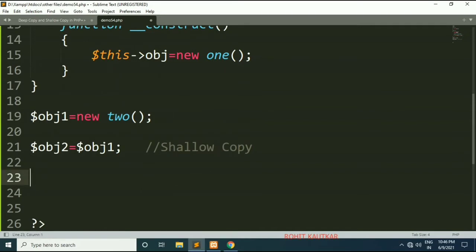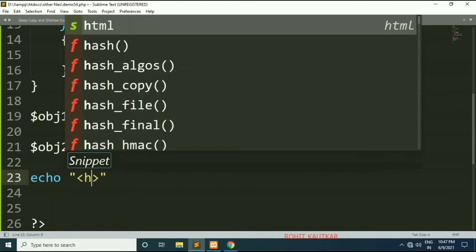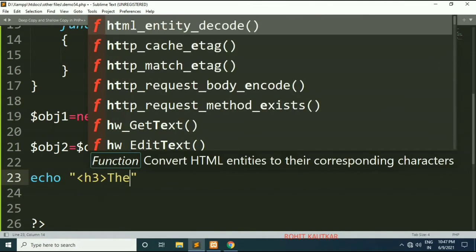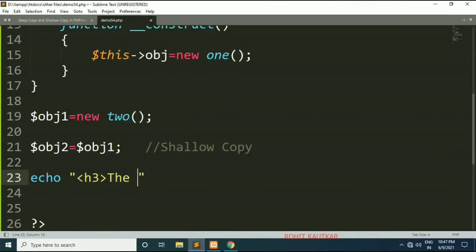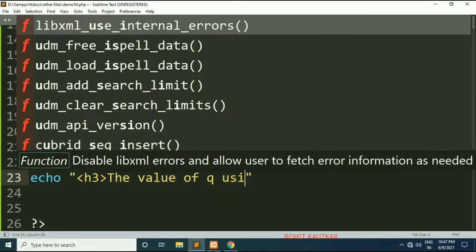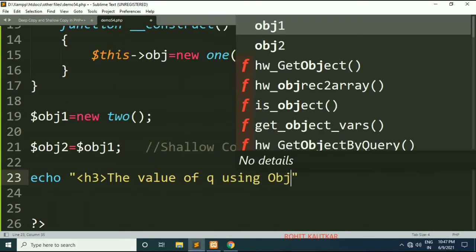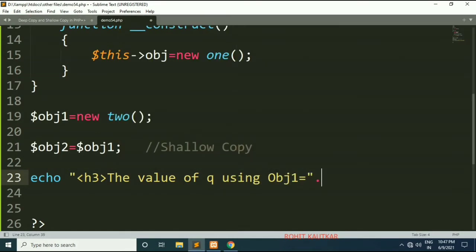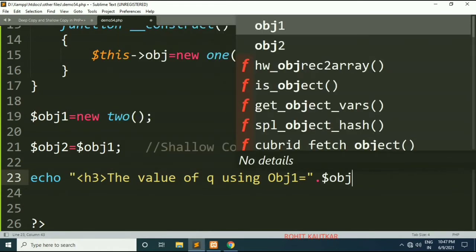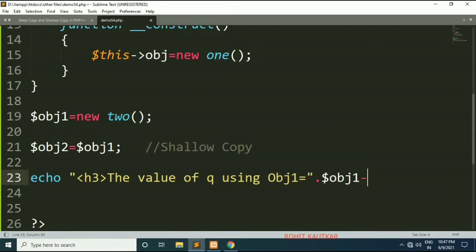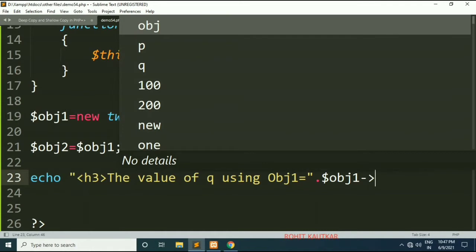So I will write here echo, in double quotes I will use, let's say, h3, and the value of q using obj1, $obj1 object operator q.